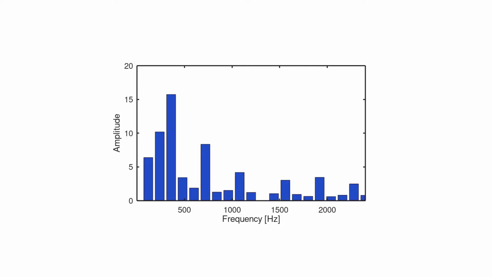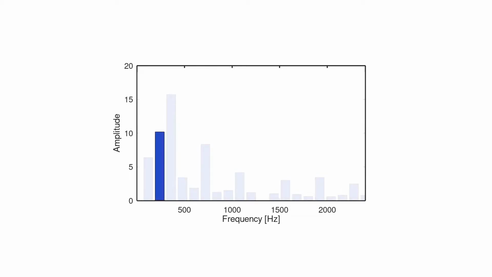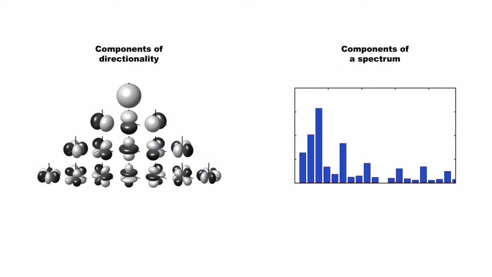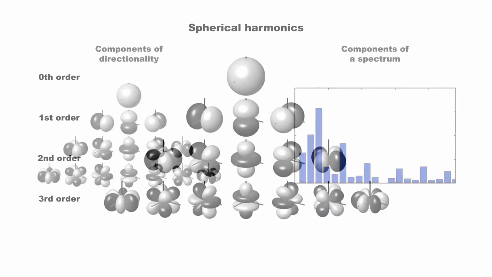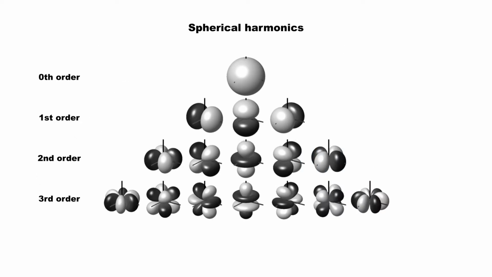This is comparable to Fourier analysis, where each frequency is a completely unique characteristic of the signal which is independent from the rest of the frequencies. So, spherical harmonics are components of directionality in the same way that frequencies are components of a spectrum. Here, we are showing up to the third order, but there are higher orders up to infinity. Ambisonics aims to record a real or simulated impulse response using spherical harmonics up to a certain order, which would require a certain number of microphones depending on the desired ambisonic order.